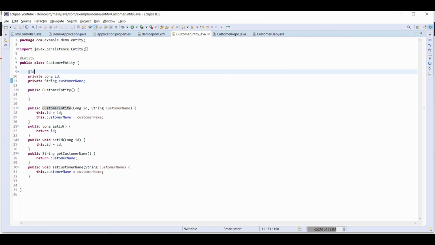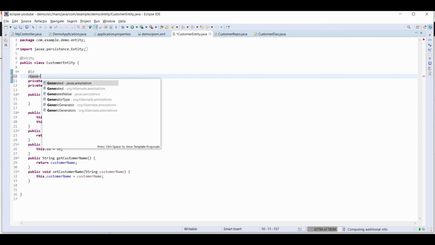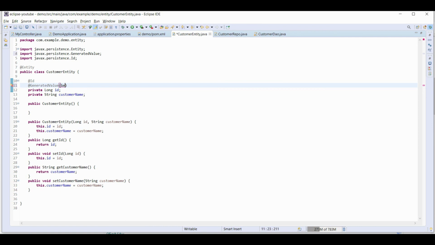Here we have to use one annotation called @GeneratedValue. So basically we have to define here what kind of strategy you want. You want ID to be auto generated, you want ID to be incremented by 2, anything. You can give your own implementation as well. So I want auto generation.